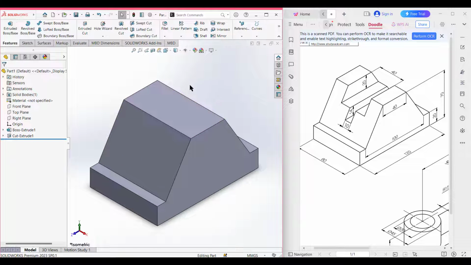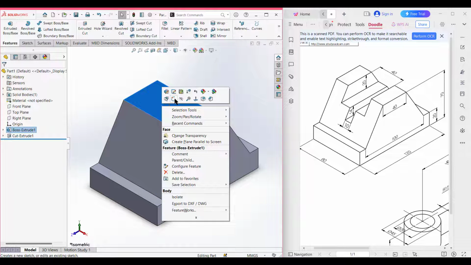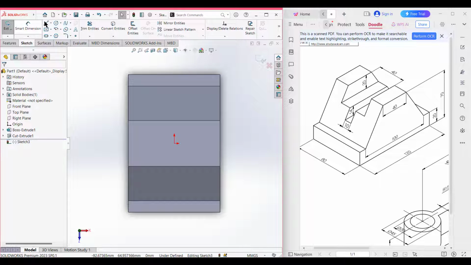Now it's time for doing the rectangle extrude cut in the top portion. For that I'm selecting this top face. Now right click on it. Now sketch. Now normal to it. Now select a